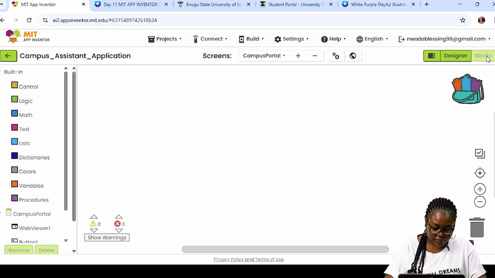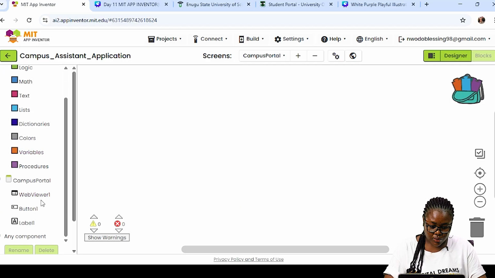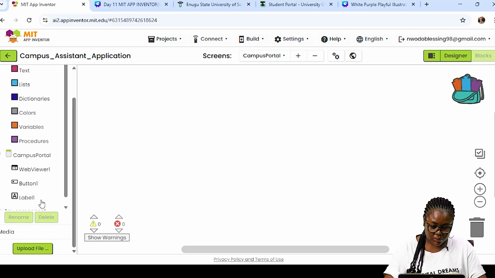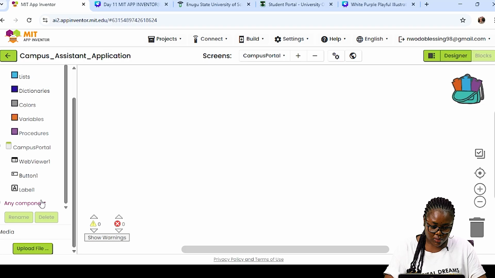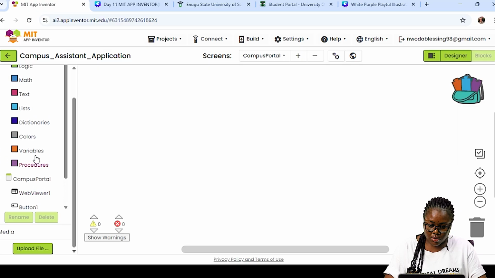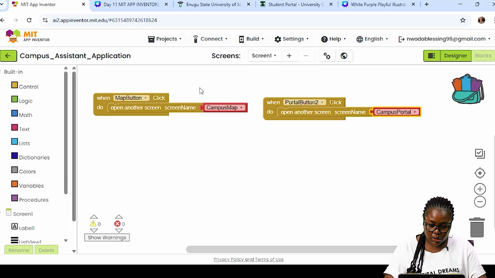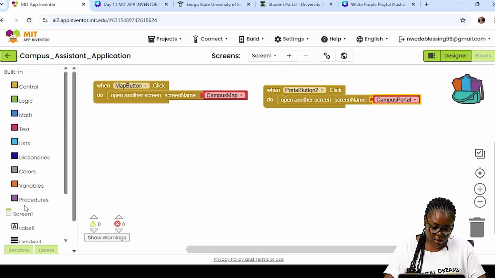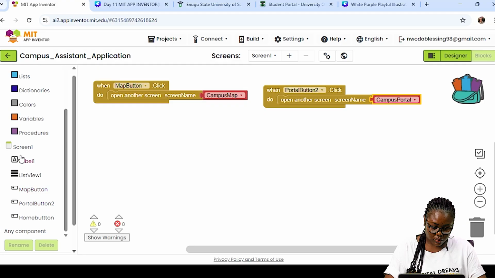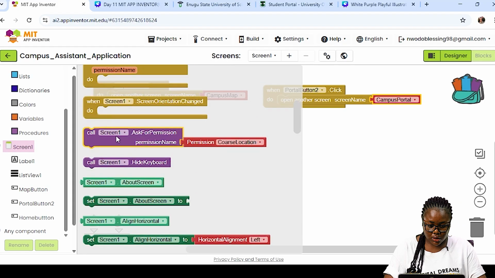So now, the next thing we'll be adding is when screen 1. Okay, change this to screen 1. That's why we can't find screen 1, because we are on another page. So now when screen 1 initializes,